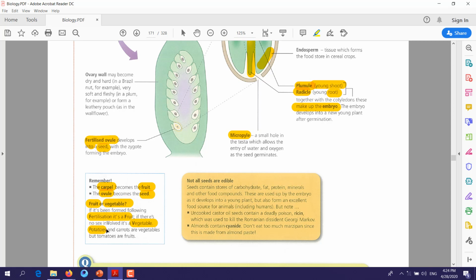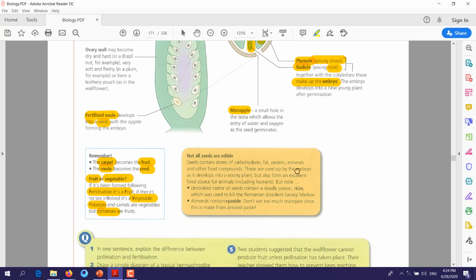Is there any seeds in potato? No. Because there is no seed, that means it is a vegetable. If we take tomato as an example, is there any seeds in tomato? Yes. Because there are seeds, it is a fruit. One more thing, it's